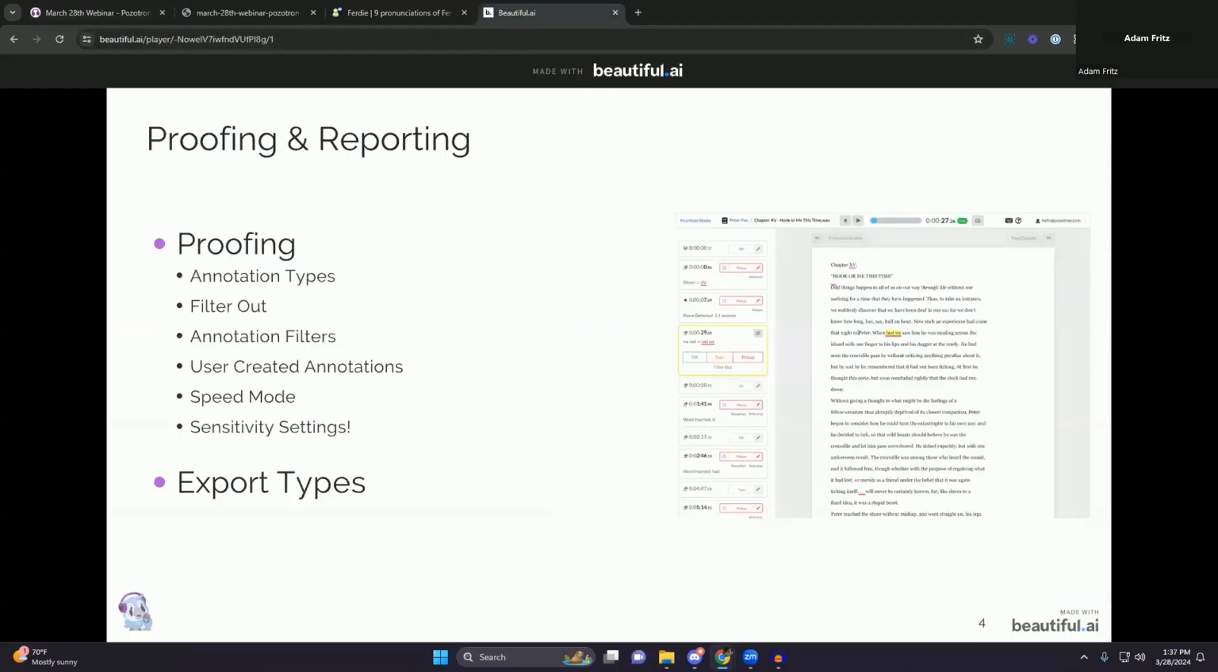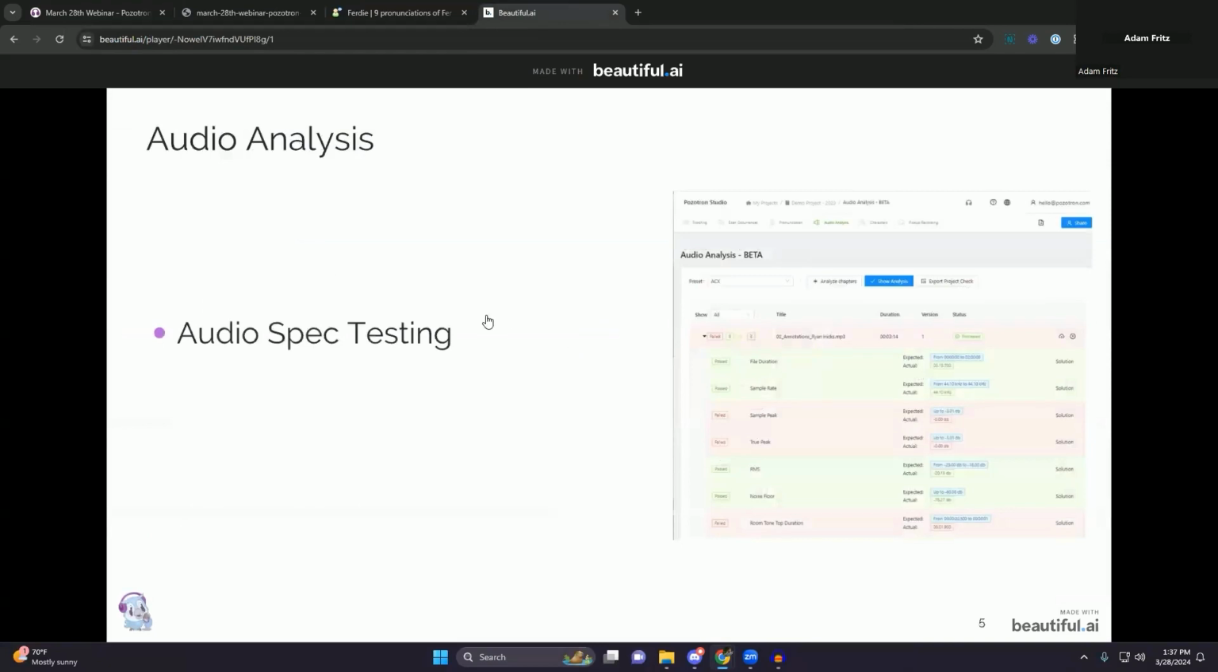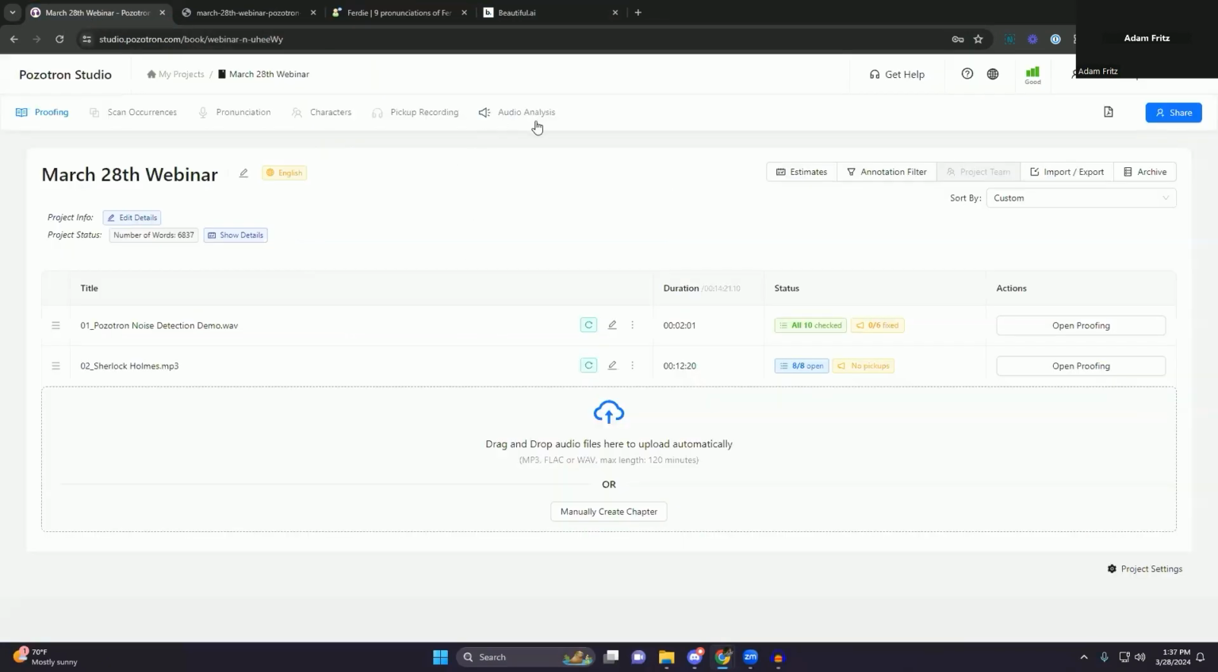Okay, I should probably speed it up a little bit since we are two-thirds of the way through. But we are almost done here. So let's go to the next step, the audio analysis tool. So after we've gone through and proofed all of our chapters,